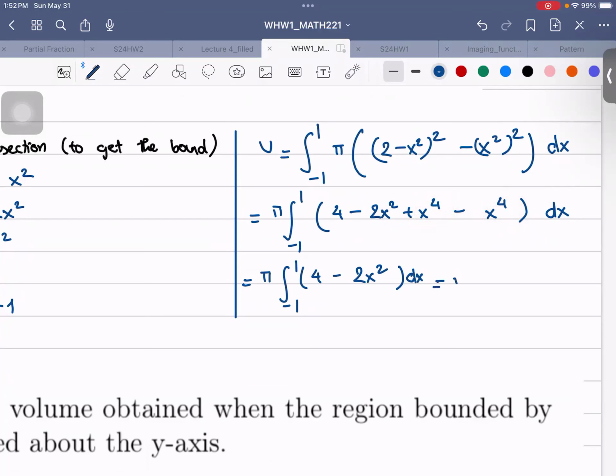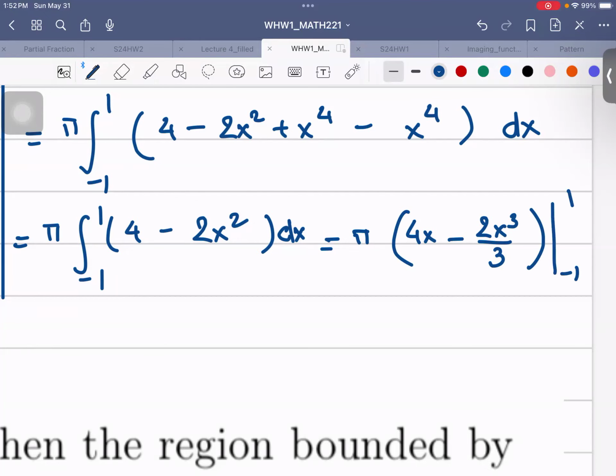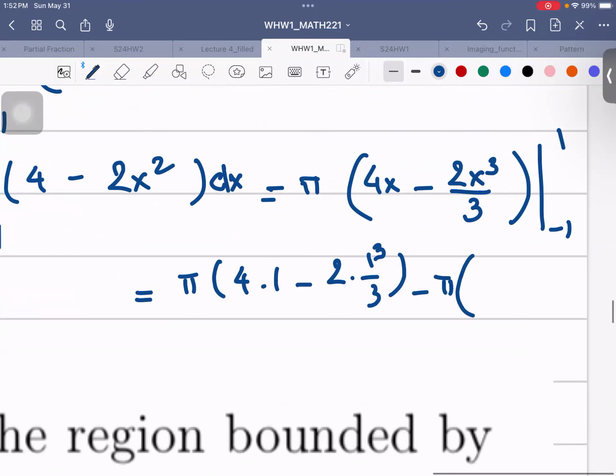Then we use the power rule. We have 4x minus 2x cubed divided by 3. You have to plug in the lower bound and the upper bound. You plug in the upper bound: you have pi times 4 times 1 minus 2 times 1 cubed over 3. Subtract pi times 4 times negative 1 minus